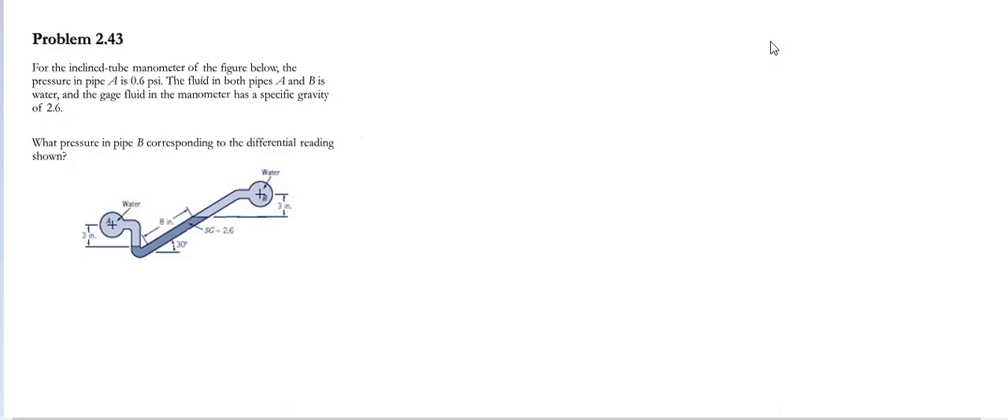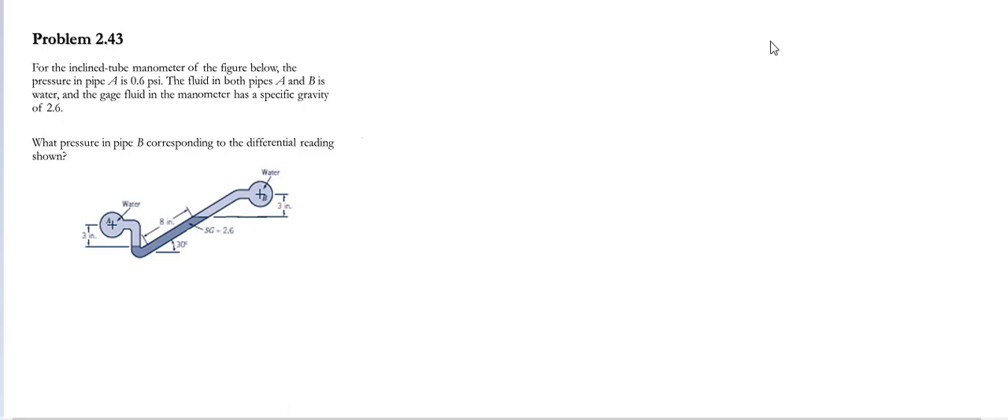Problem 2.43. In this problem, we have an inclined tube manometer shown in the figure below. In this one, we have pressure in pipe A to be 0.6 psi. The fluid in both pipe A and B is water, and the gauge fluid in the manometer has a specific gravity of 2.6. We need to determine the pressure in point B, or in pipe B, corresponding to the differential